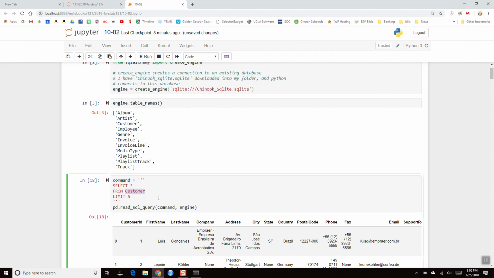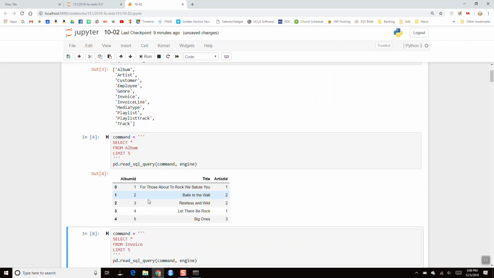just so you can see what's in each table, like the album table has the album names and artist ID and things like that. One of the principles of SQL is that tables should not contain redundant information. And so rather than having each album then have the artist's name, they instead will have a table of just albums and then a table of artists,